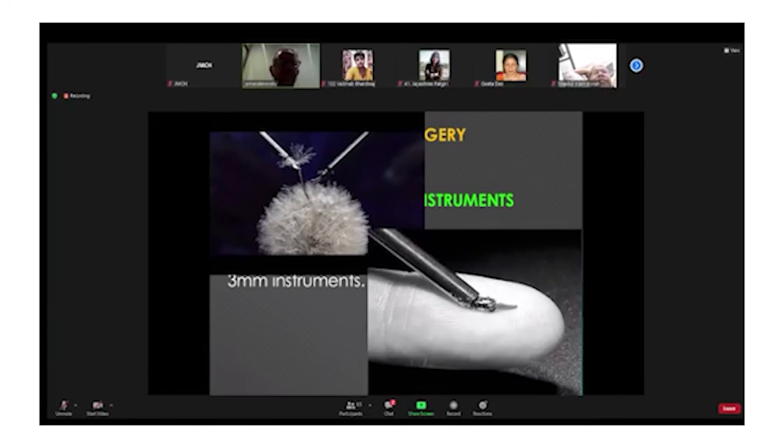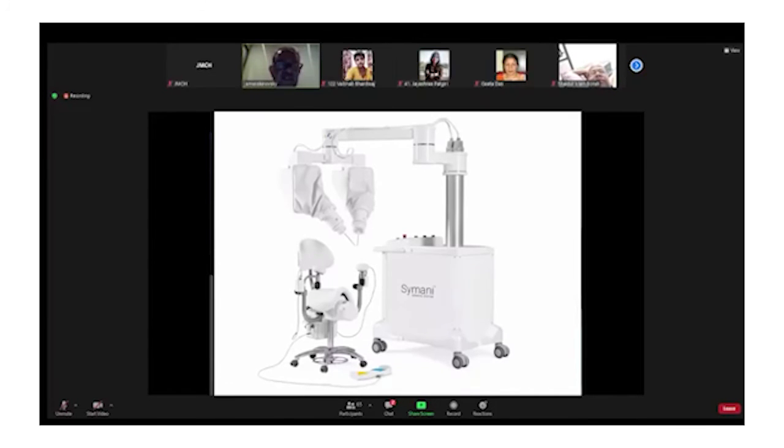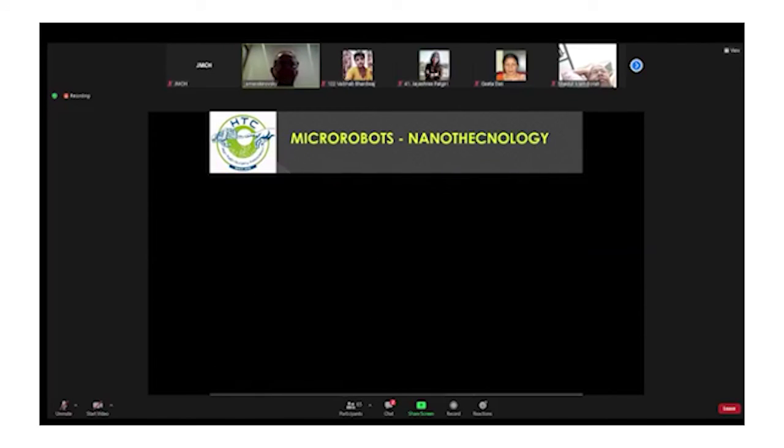The first prototype, the first model, is for open surgery, but all of us could imagine that in some years we can use this micro instrument inside the patients. Some last words about the next step: the micro robots, the use of nanotechnology in our routine. So once more, we can observe here the